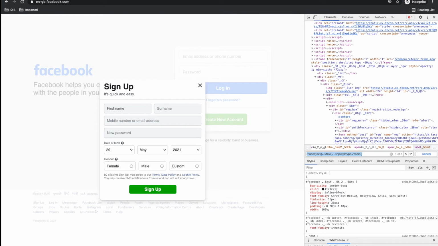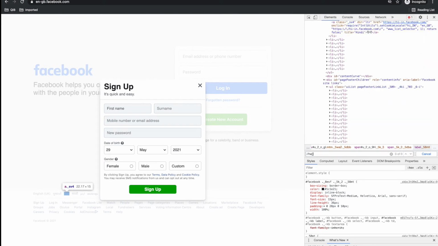you can use double slash h1 contains, and in this bracket you can see h1, sorry, id, and the id was in software testing tips, right?